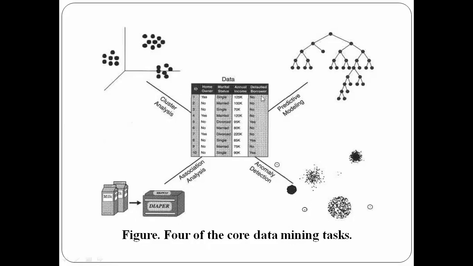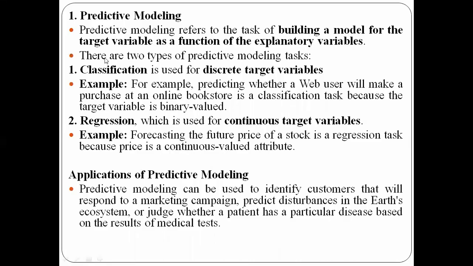Okay, so in the case of predictive modeling, modeling means building the model here. So what is your task here? You will be building a model. For what purpose will you build the model here? The model will be built mainly for the target variable here. As I explained in the predictive task, my main aim is to predict the value of a variable or attribute based on the values of other attributes. That will be done in the predictive task.